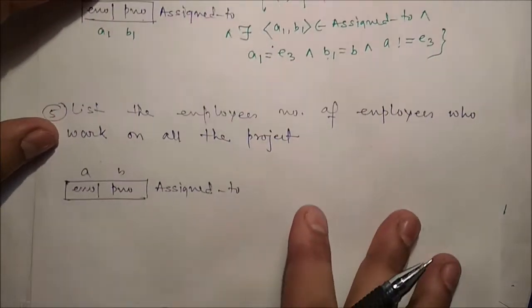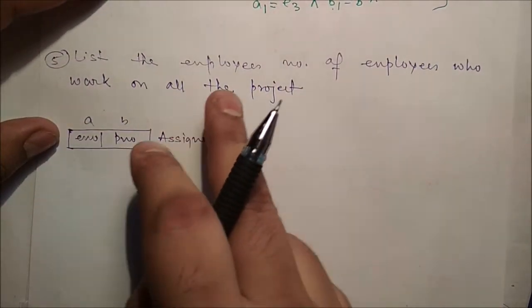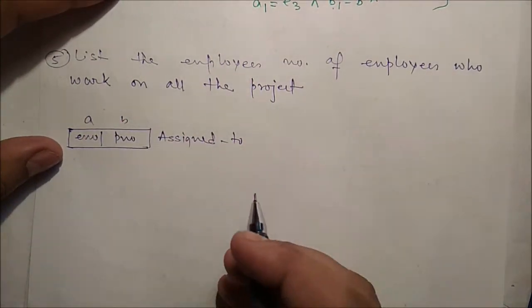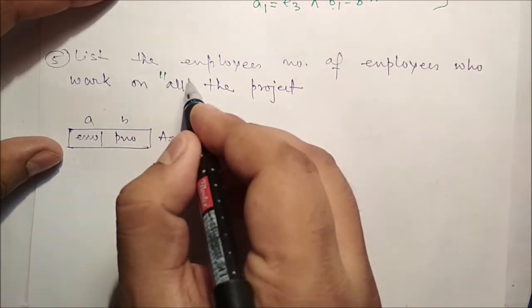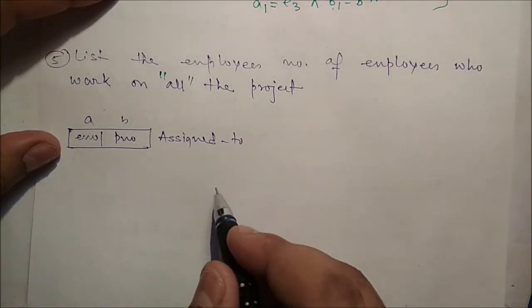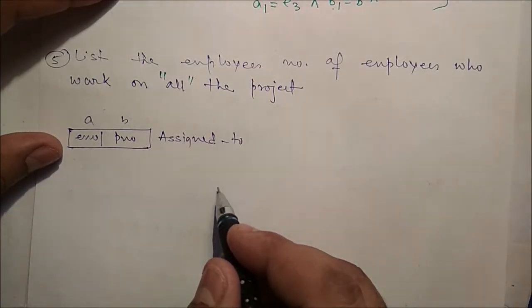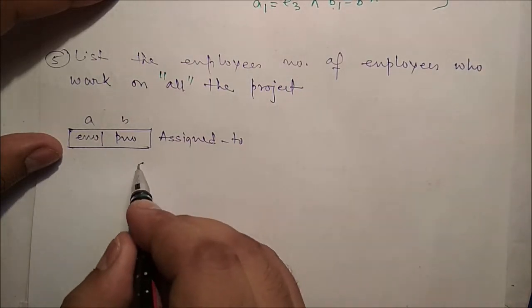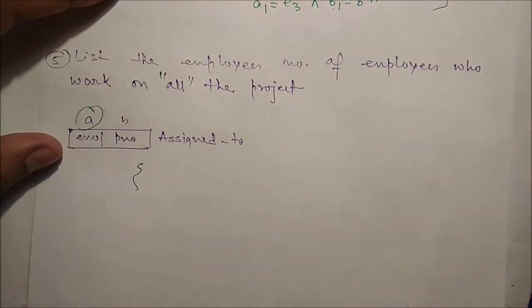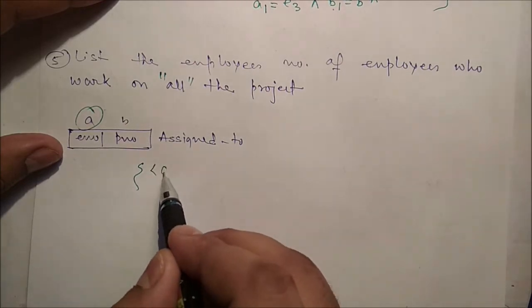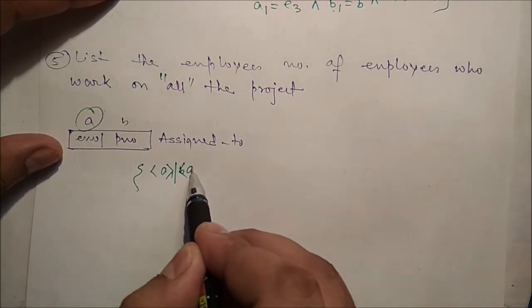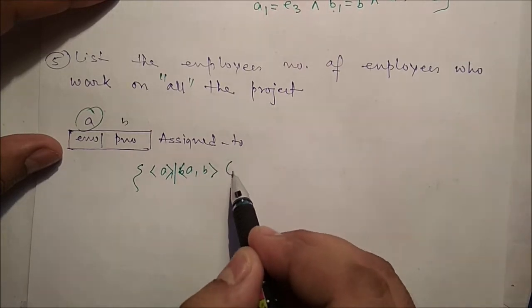Okay. Finally, list the employee number of employees who work on all the projects. So here we have to apply the division operation, and we can apply the division operation this way. We need the employee number only. So we need only A, where A and B belong to assigned to,